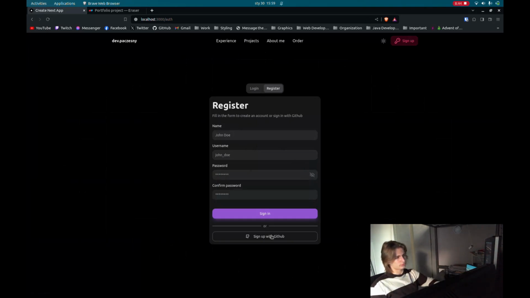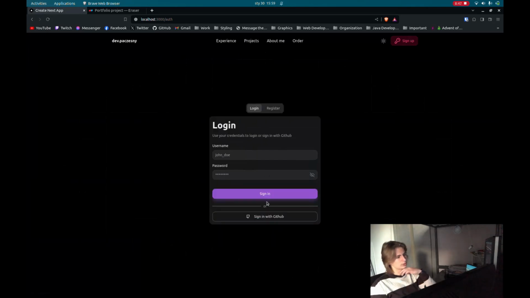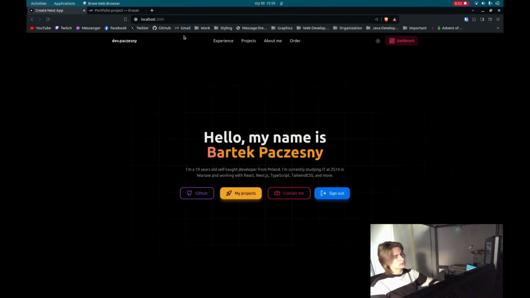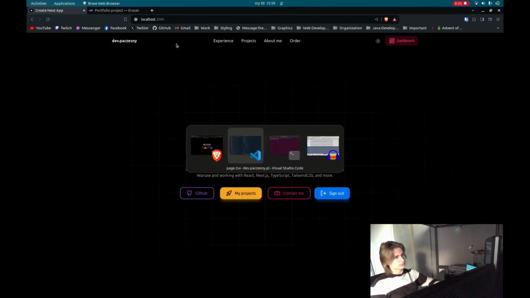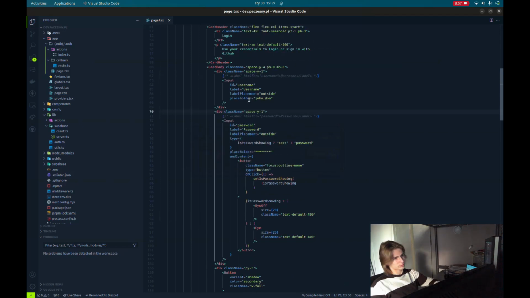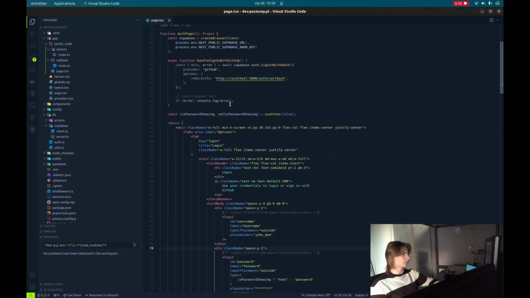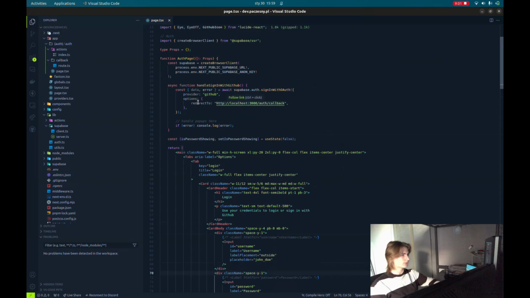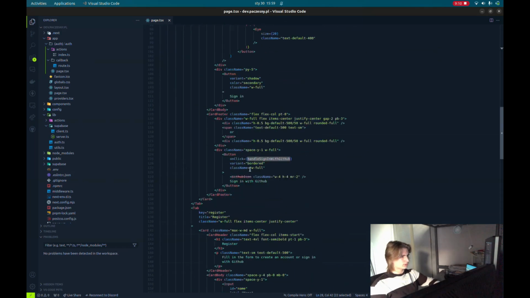Yeah, and you can also sign up with GitHub. So if we sign in with GitHub, we will be redirected to the GitHub OAuth page. Then when we accept the terms, we will be redirected back to the auth callback, because we call this function handle sign in with GitHub. We call it right here on the sign in with GitHub, and